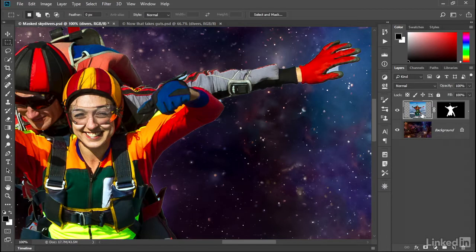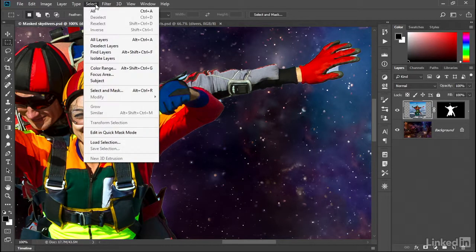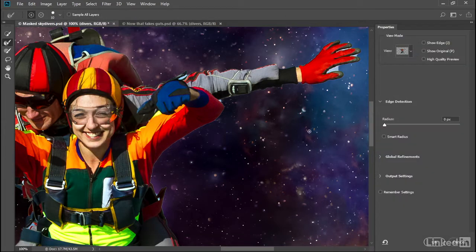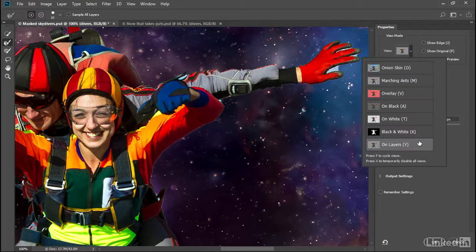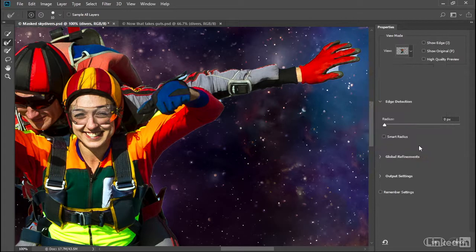You want to make sure that the top layer is selected, at which point go up to the Select menu and choose the Select and Mask command, which will switch you over to the Select and Mask workspace. Notice that my view option is set to on layers so that I can see the outer space image in the background. Edge detection is also twirled open. So I'll just go ahead and take that radius value up to 5 pixels, which is that same value I used in the previous movie, and it happens to work well for sharply defined smooth edges, as we have in